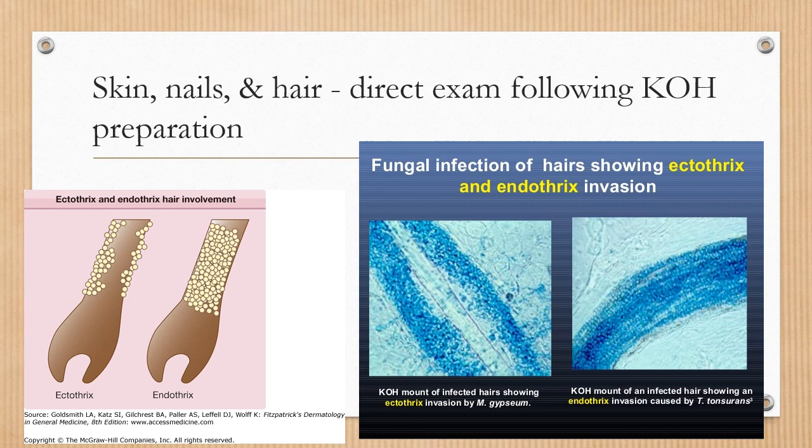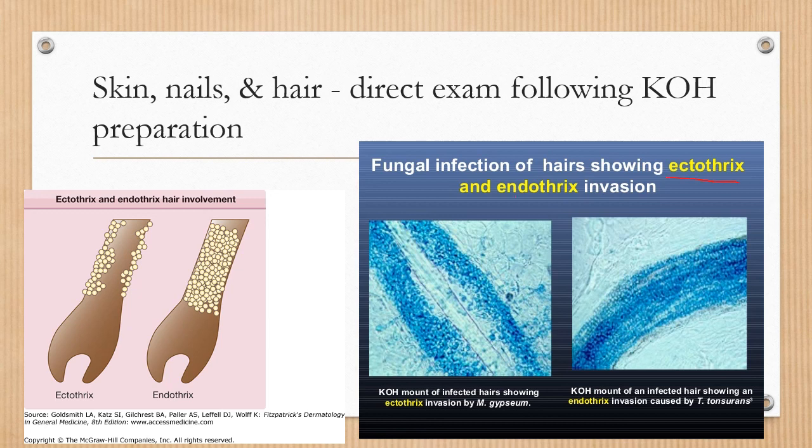So let's say that you are now suspecting a fungal growth. You took a scraping. So let's say that this boy had some infection on the scalp. So you took scrapings from the scalp or from the hair. What we do in the lab is that we treat it with KOH, which is potassium hydroxide. We prepare it because this solution will help to remove any debris or dead skin without compromising the fungal growth. So we place it under the microscope, and we should be able to see two types of growth, either